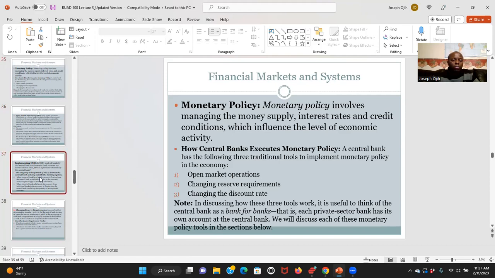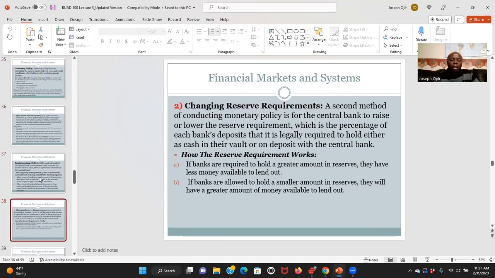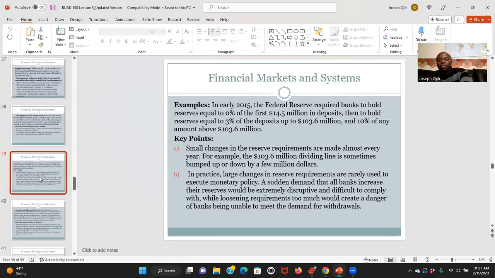You can see that's number 2. Now, when the Fed changes the reserve requirement, that means they raise or lower the reserve requirement, which is the percentage of each bank's deposits that they have with the Fed. So if the bank is required to hold a greater amount of money in reserve, that means they have less money to lend. But if the reserve requirement is lowered, let's say that the Fed said that 30% of